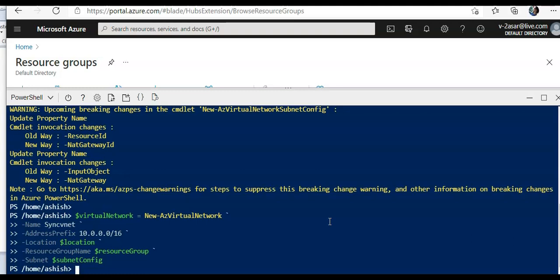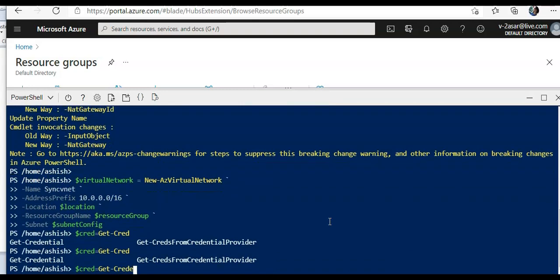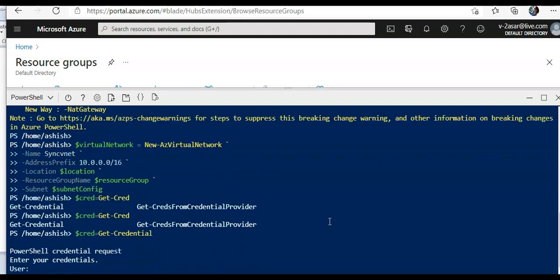So I will create Get-Credential, live.com.